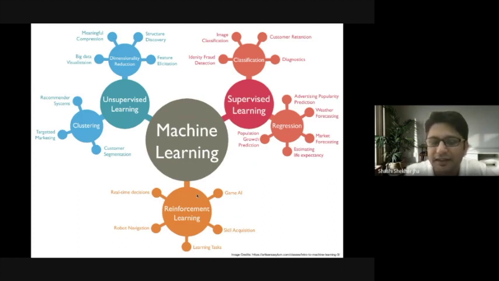Now, can anyone tell me, so I'm starting with my questions here itself, right? We have already dealt with labeled data in supervised learning. We dealt with unlabeled data in unsupervised learning. For what kind of task should we deal with a different set of methods within this reinforcement learning framework? The kind of task I'm asking you to imagine is where you have controls.